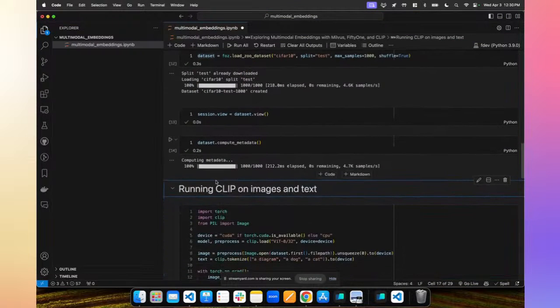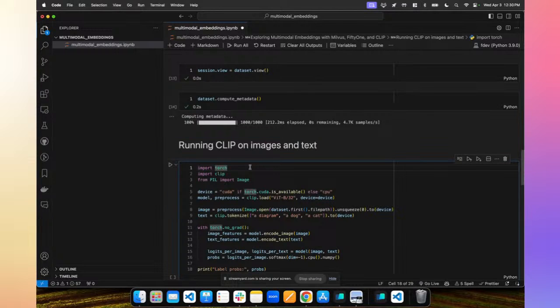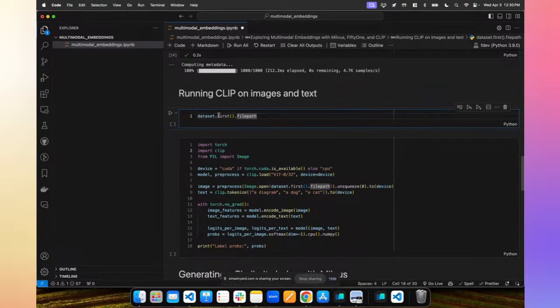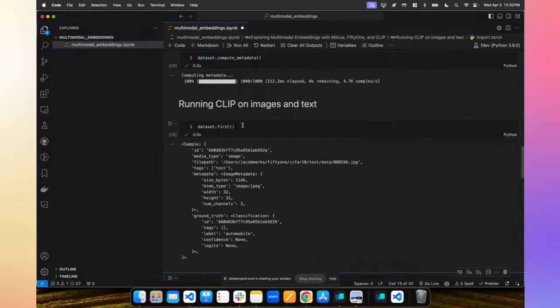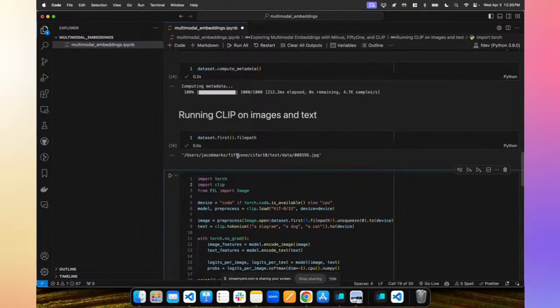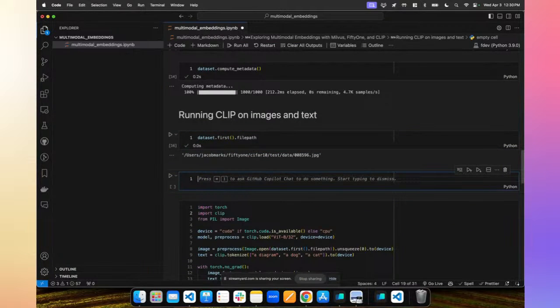But now that we have a data set, what are we going to do with it? So it's time to go towards embeddings and connect our data to the models. The easiest way to do this is to forget about the entire data set and just think about one image at a time. We could just choose the first image in the data set, take the first sample, print out what it looks like, and get the file path attribute. And then you could even visualize it with Pillow as you would normally.